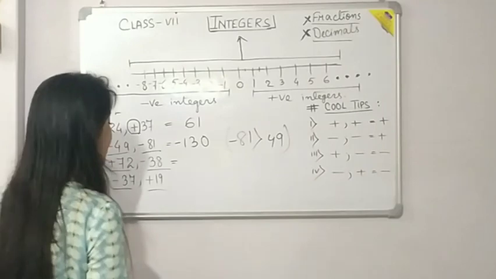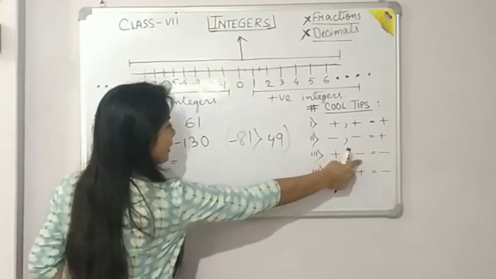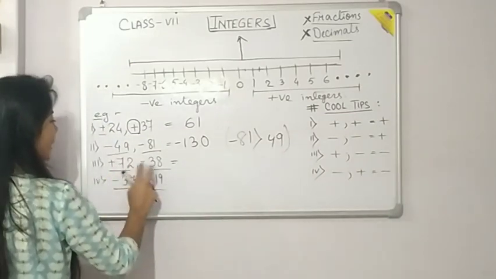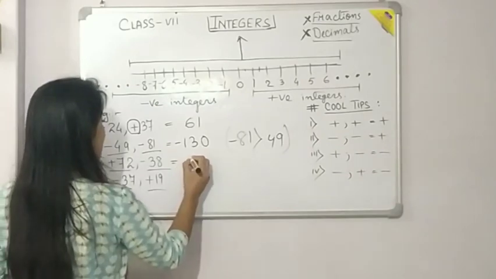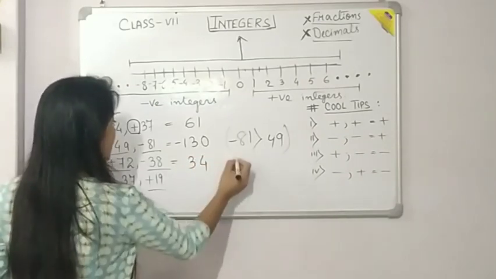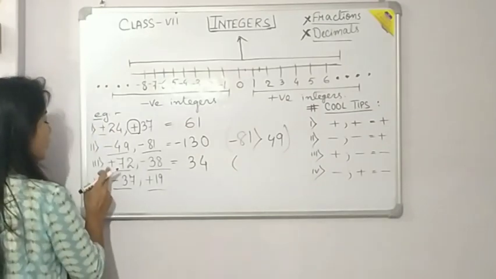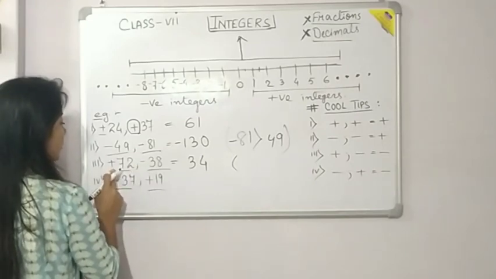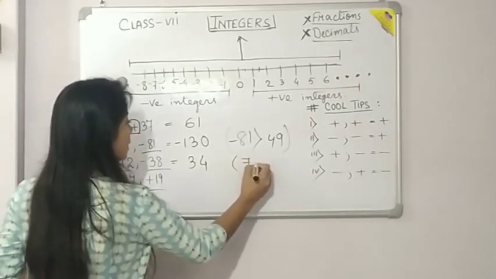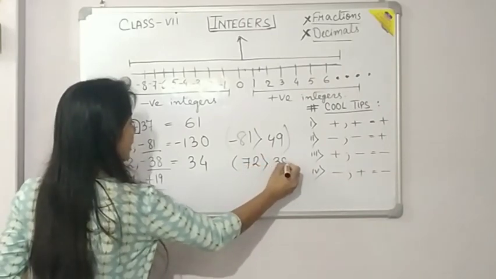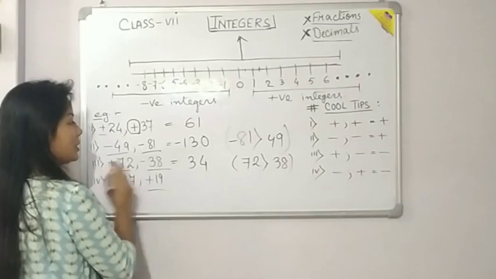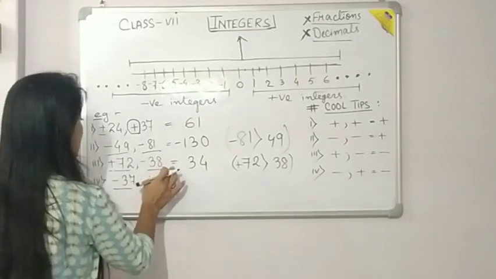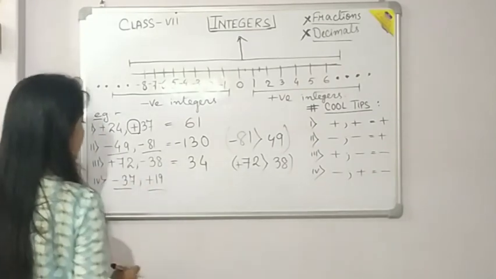Alright. Next, if we get one positive number and one negative number, then what will we do? We will do subtraction. So let us do the subtraction of 72 minus 38. Then what will we get? We will get 34. Here again, what sign do we have to put, either plus or minus? We have to check the greater number. Which one is the greater one? 72 is greater than 38, and the sign present in 72 is plus. So we will put plus. For plus, there is no need to write anything. Nothing there means we are getting a positive sign only.